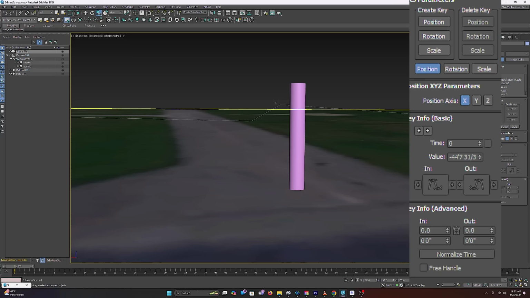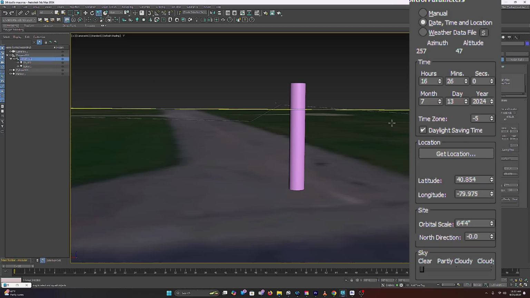3D Studio Max, and let me click on the daylight system here. Now I've got it set for 4:26 or 1626 military time, and also it's at July 13th. You see right there, month 7, July 13th, 2024. It's a -5 time zone, but it's also daylight savings time, so in effect it removes an hour. If I turned that off and made that -4 UTC, it would be the same. All right, but I'm just going to keep it at -5 and then daylight savings time.